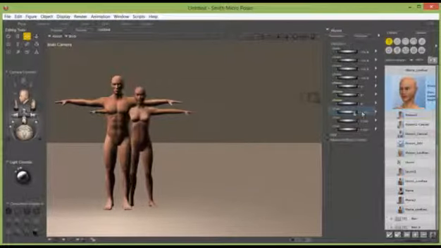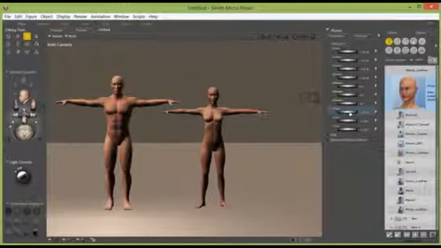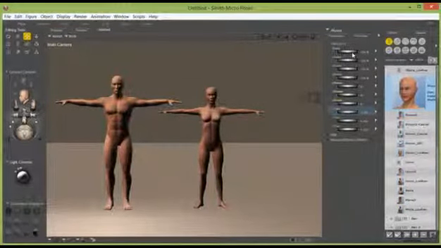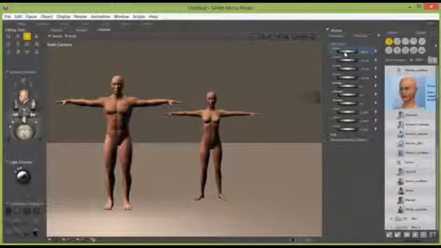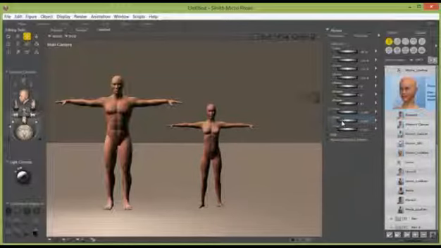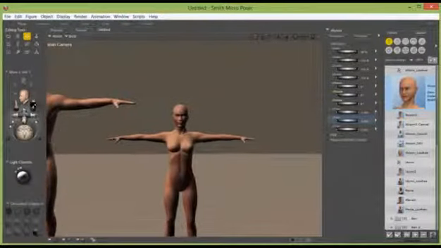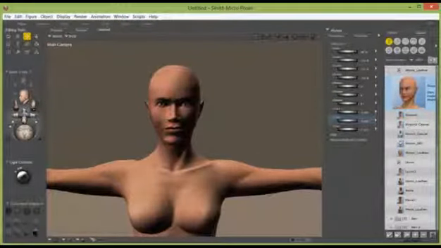around. Once I've moved her away from Ryan, the first thing I do is scale her down. You could do this manually by using the X, Y, and Z scales, but it's much easier to use the top option, Scale, as this allows you to alter the entire body. I want these creatures to be much smaller than the male character. Just like we did with Ryan, we use the camera controls to zoom in on the face and